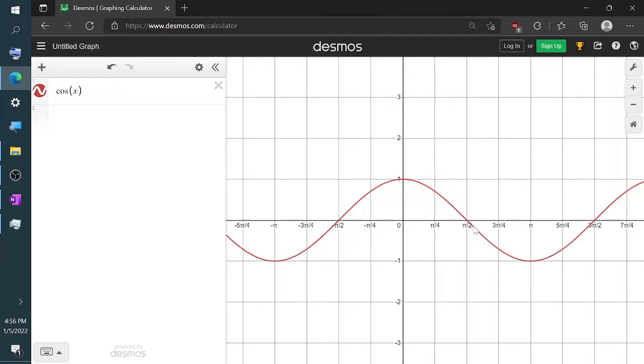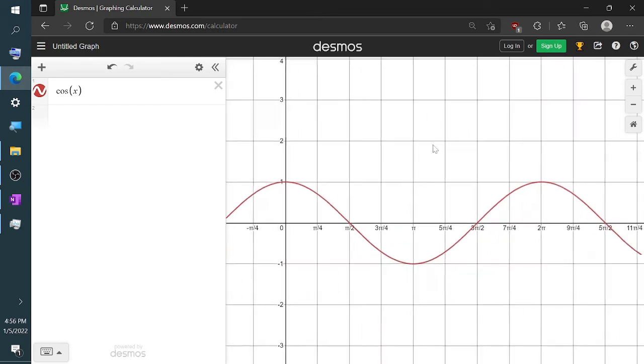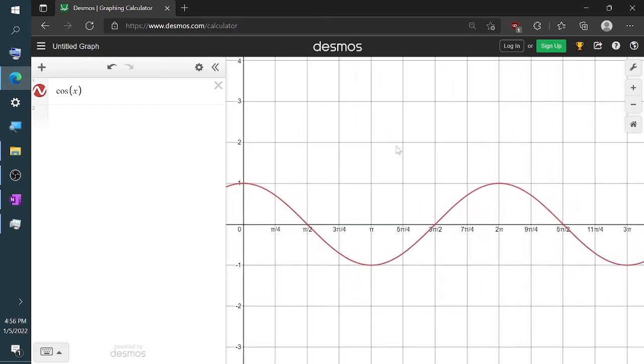Looking at this picture, we can also see visual confirmation of the fact that cosine is an even function. Even functions graphically had the property that they were exactly the same on the left as they were on the right. The left and right halves of the graph were mirror images of each other, and we can see that manifested in cosine. Cosine, just like sine, also has this property that its graph repeats every 2 pi units.